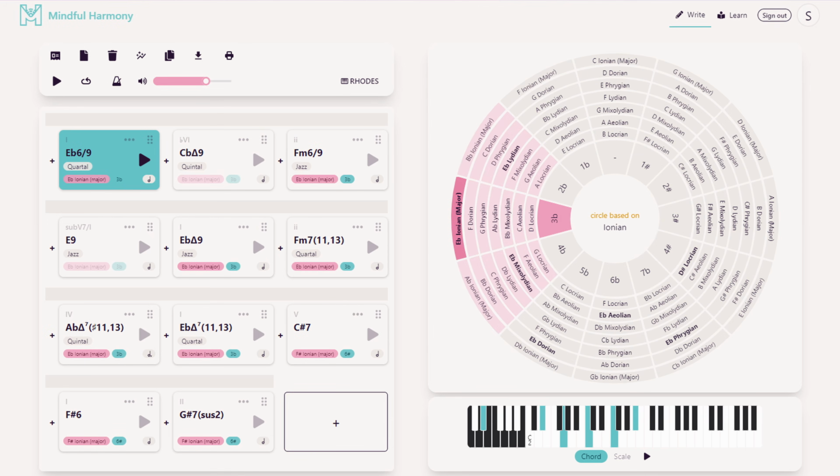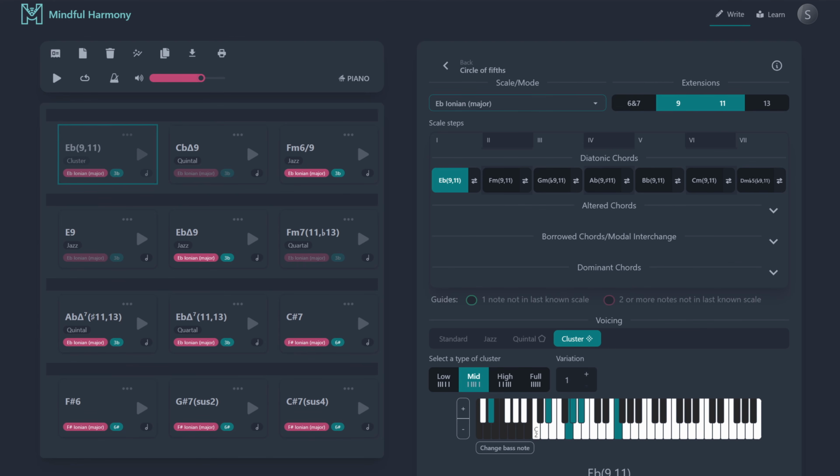What we're talking about today is the Mindful Harmony app, and it's an incredibly useful tool for creating any kind of chord progression you like. And the cool thing is that you don't even have to know music theory to get started. But those who do know some or a lot of music theory can take this to the extremes and go